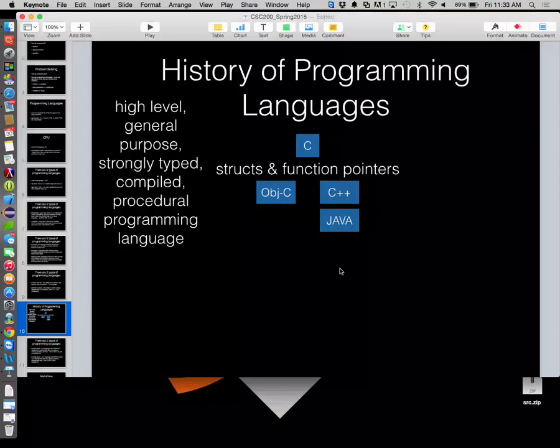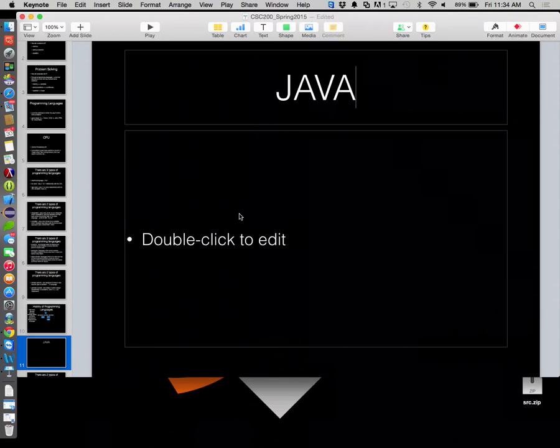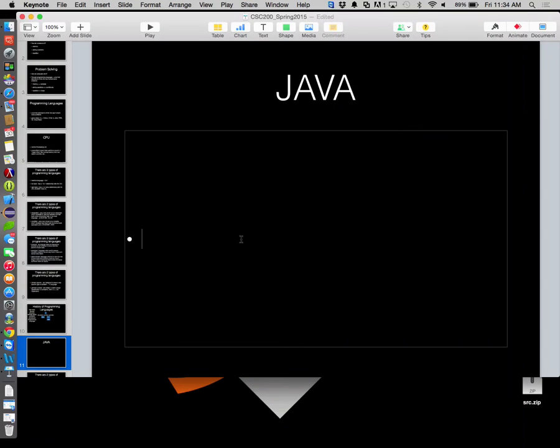Now, Java. Let's throw a slide in here about Java. Java's one claim to fame. Anybody know what Java's claim to fame is? I don't know if you mentioned it in the 150 class or anything. Java was said to be platform independent. Write once, run anywhere. Now, what this means,